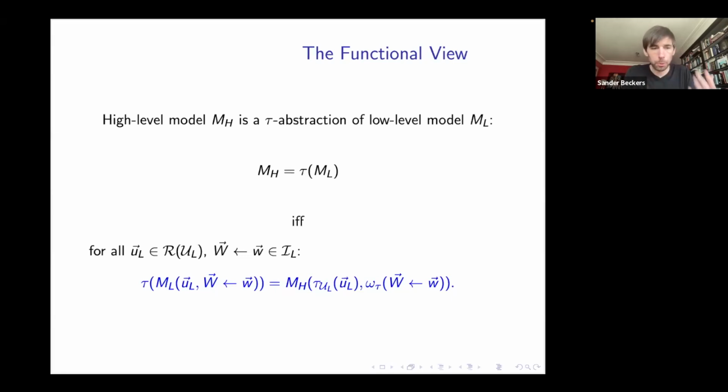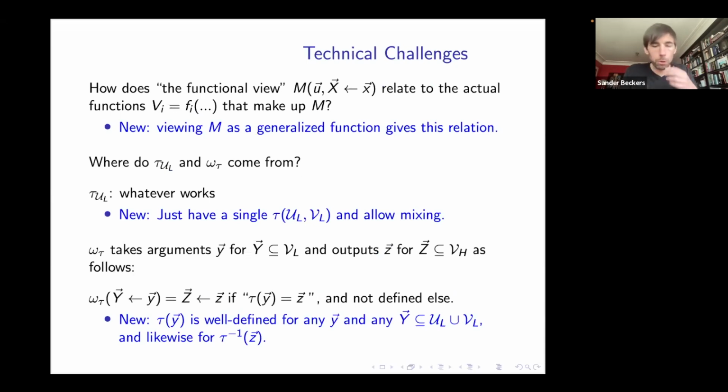Okay, so this is really building on the idea that the causal model is a function, but it didn't do so in a very precise way. There were several technical challenges to make all of this work, and the things in blue are things which are offered by the new work that I'm going to present, which weren't really there in the previous perspective. Even though we're speaking of this causal model as a function, how does it really relate to the actual functions which appear in the equations that make up the causal model? In this new perspective, that relation is going to be entirely clear.